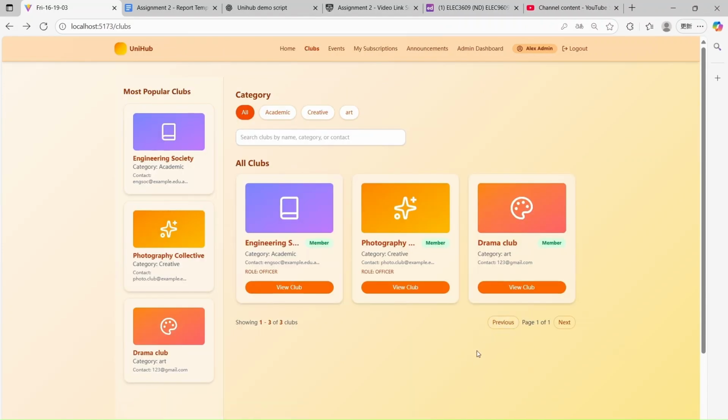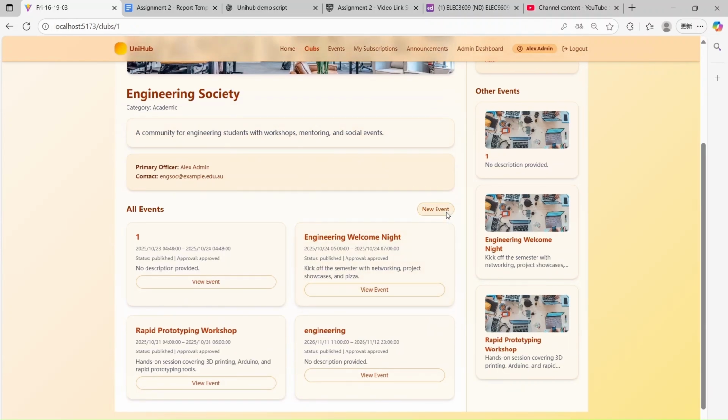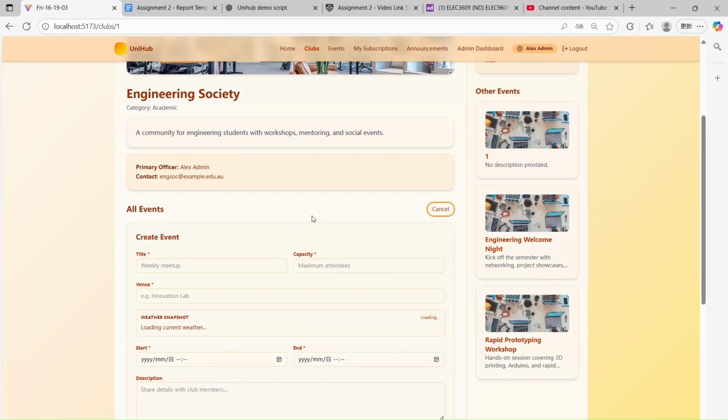Next, let's take a look at the management capabilities for officers and staff. The officers are pretty much like the leader of a certain club, and each club has one officer. And the platform staff is pretty much like an admin. So here, the officers and platform staff can create events that are automatically approved. For example, let's go to this club, and by clicking this new event button, I can create a new